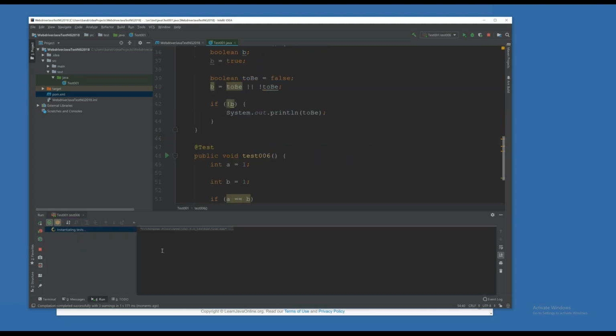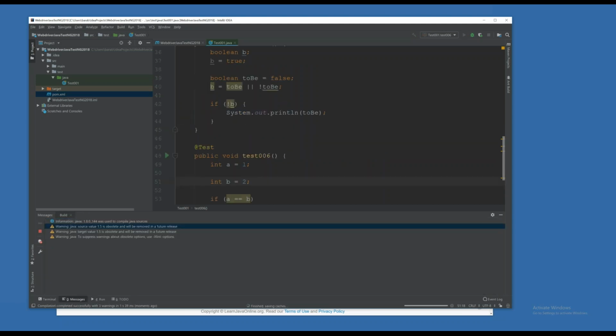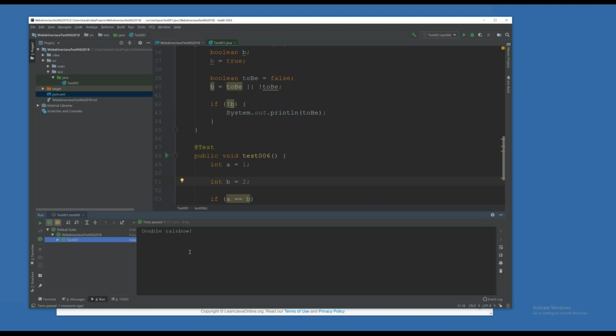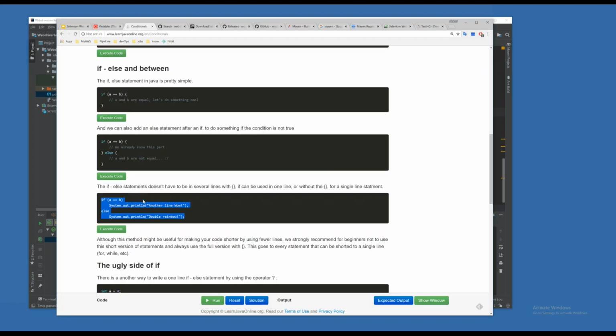Let's see if it works. And another line. Wow. Right? Does it match? It matches. But else doesn't print it, because else is only for when this condition is not satisfied. So if my B is 2, then the second statement will be printed out. Double rainbow. Very simple, very straightforward, but you want to practice with it, play with it, with play buttons, with values, with different if else statements,